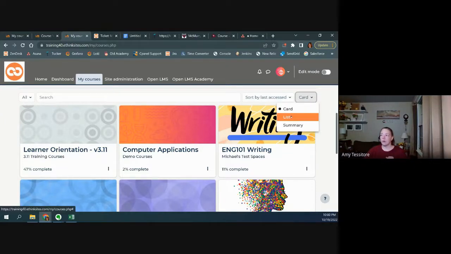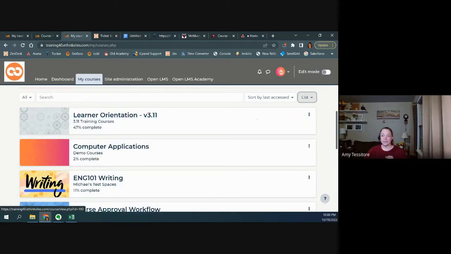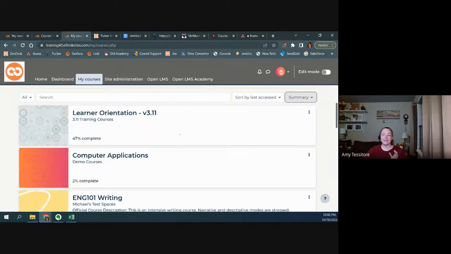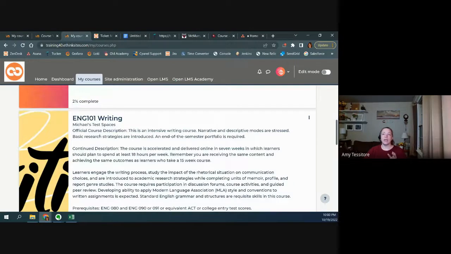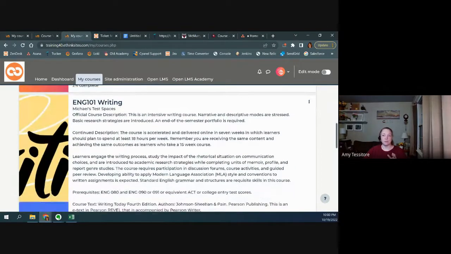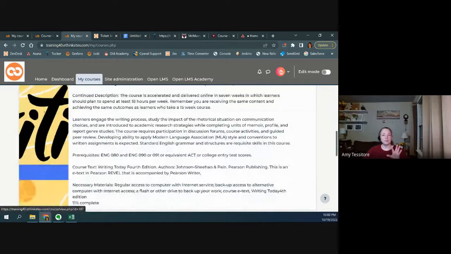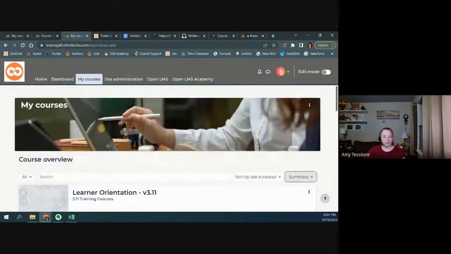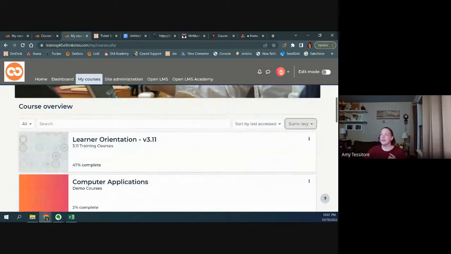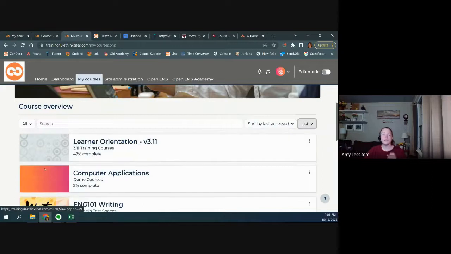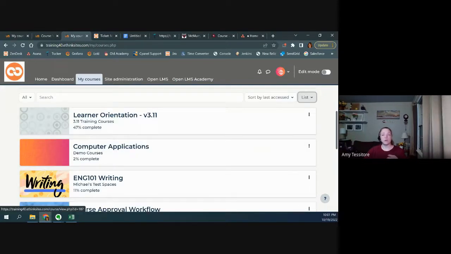I can change the display here on my courses. I can have a card. I can go with list, or I can go with summary. Summary is like list, but it's going to bring in any descriptions that you have. Obviously, this makes your card image look crazy and it can be very long. So I don't think a lot of people choose this, but I think that we are definitely seeing a nicer display here with list. One of the things that people often would talk about was that when in list mode previously,